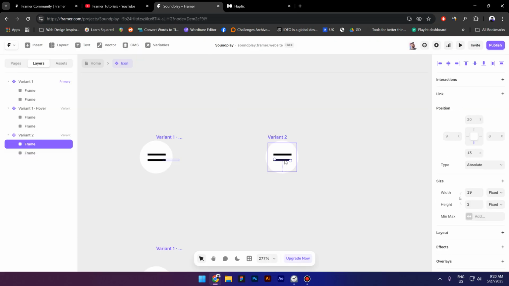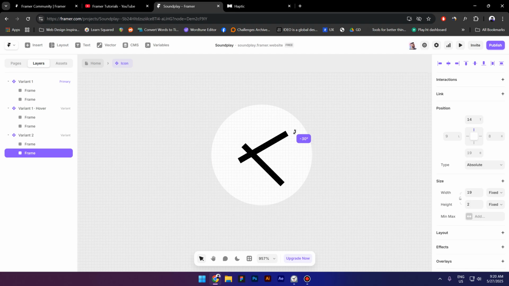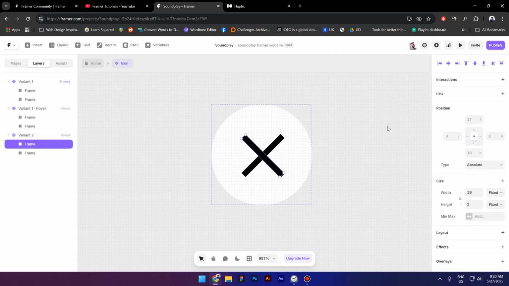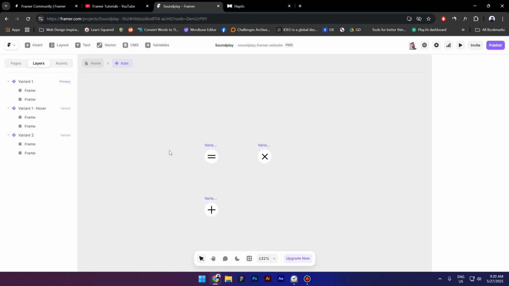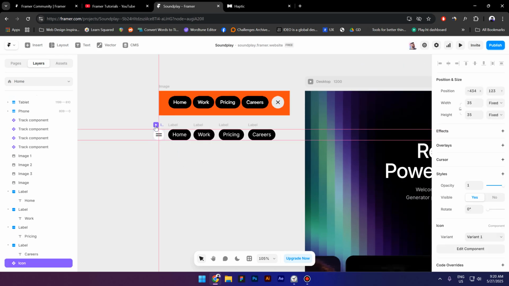So this one is gonna be an X, therefore we are gonna use 45 degrees and minus 45 degrees. Again, let's center it, and it is it. Let's go back to canvas, put them together,